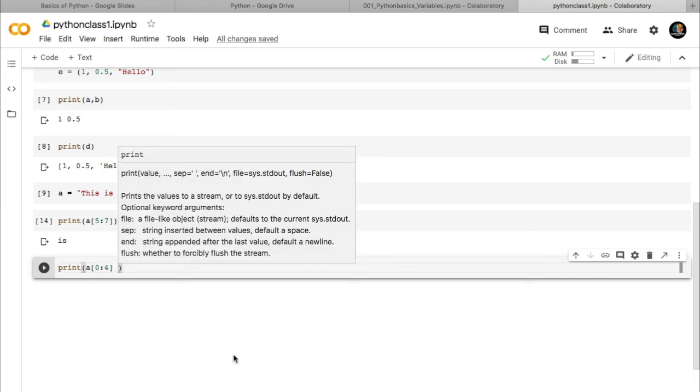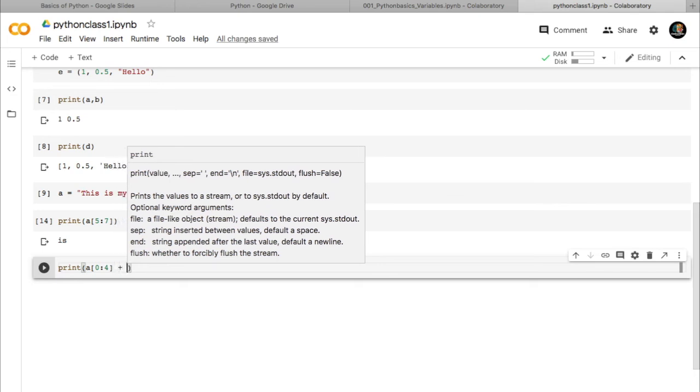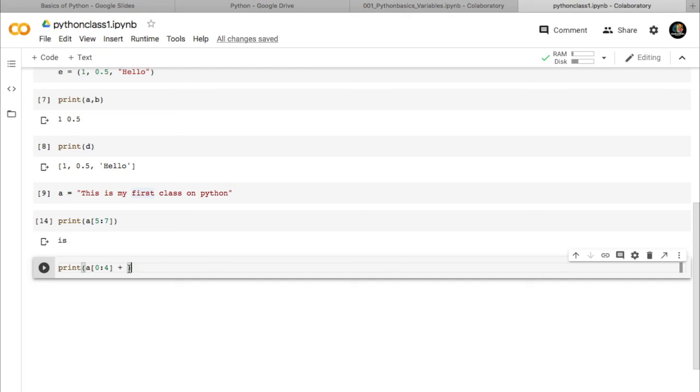Then you can directly give either a comma or a plus, because those string portions we are adding up together. It is not like mathematical adding up, but we are just arranging the strings together.